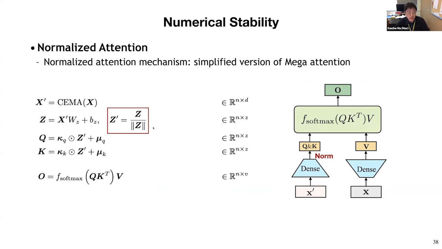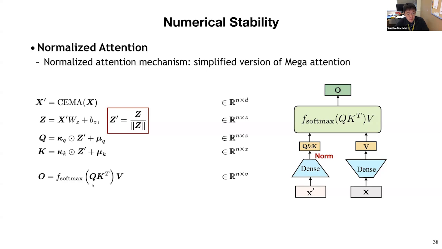We design a normalized attention specific for our Mega architecture, where we add a normalization operator on top of the C representation, and we use the C representation to compute our Q and key. And we see that after we apply this normalized attention mechanism, we do not need to use any scale term in the